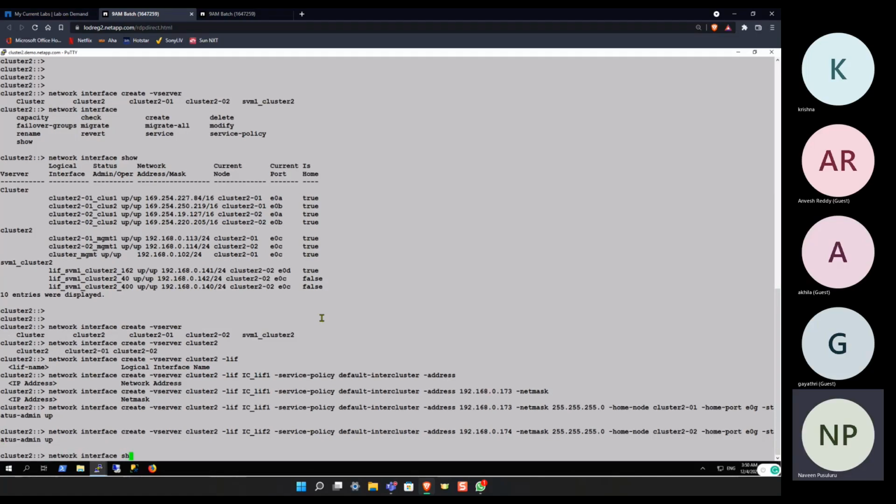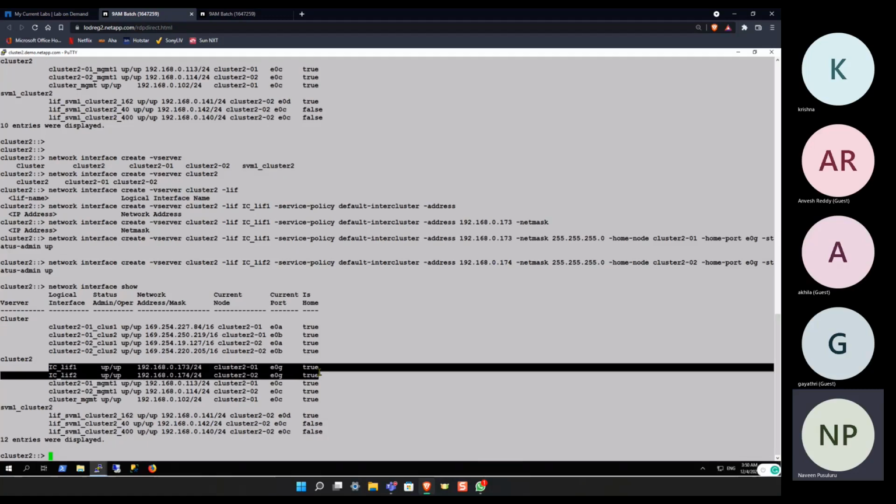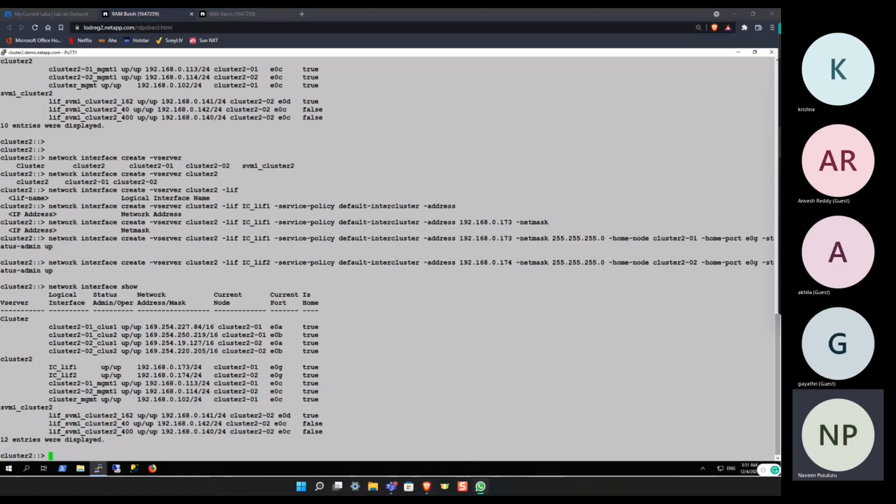Network interface show. See, both of our intercluster LIFs are created. Okay, now we are done with step 1. Now step 2, we need to create a cluster peering with the help of intercluster LIFs. Cluster peering means we need to establish communication between two clusters. I told you, right? With the help of intercluster LIFs only, our clusters will be able to communicate with each